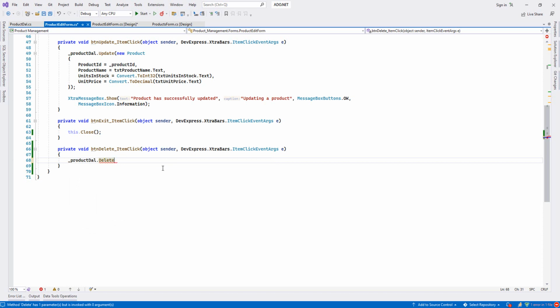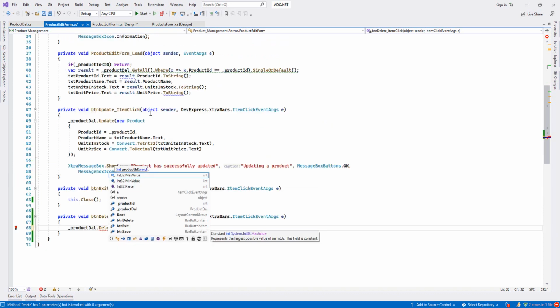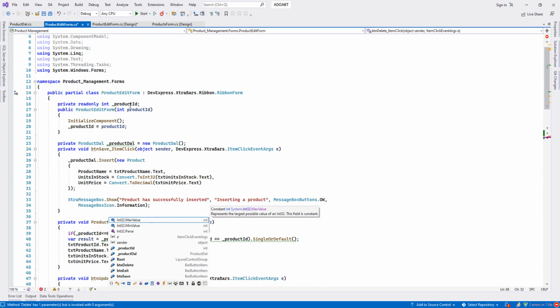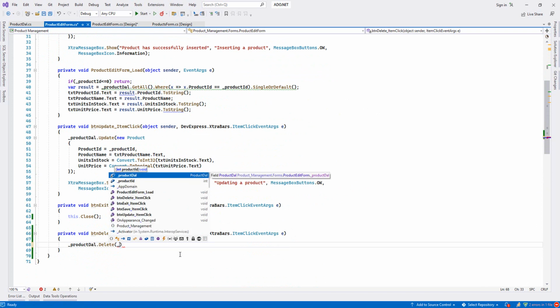Here when our parameter, as you see that it asks just for a product ID. So the product ID above we declare like as a field, we say product ID,